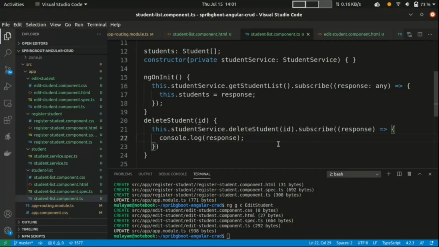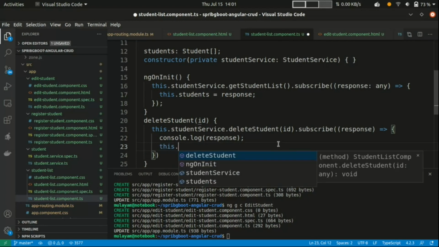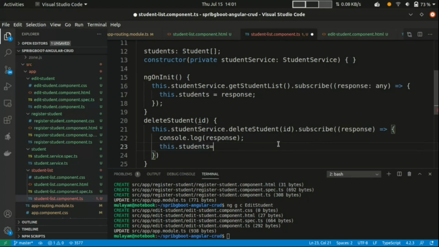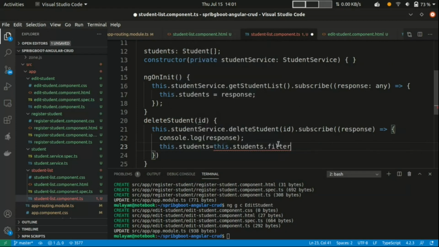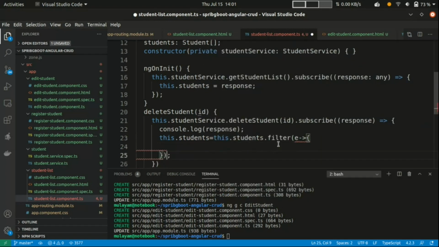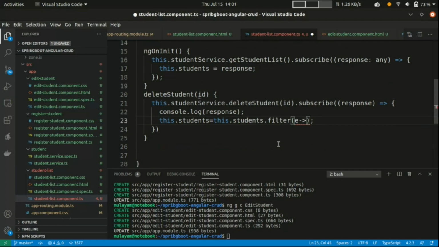We can show it, or simply after deleting I want to filter this.student equal to this.student.filter. Let's write the logic. So what logic can you write?